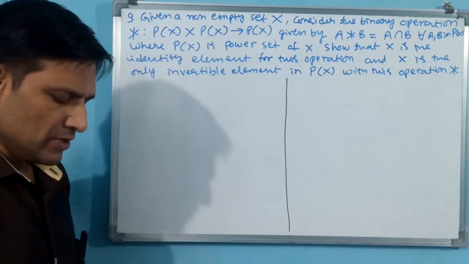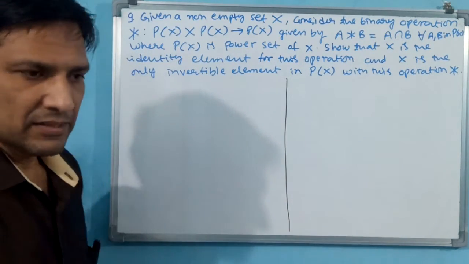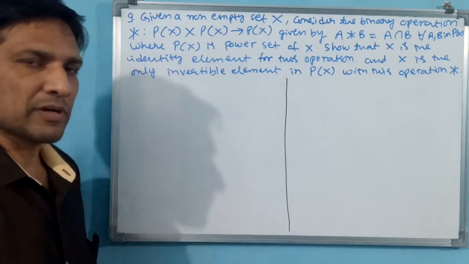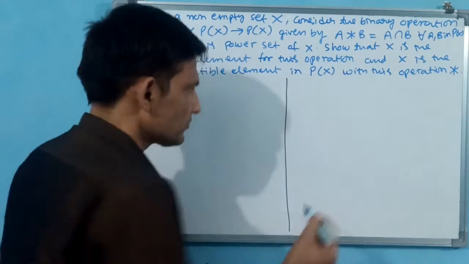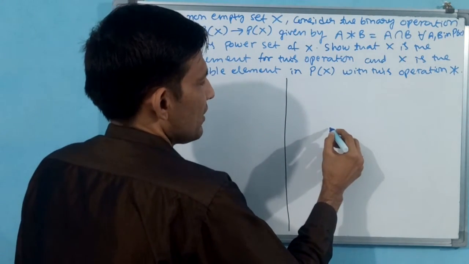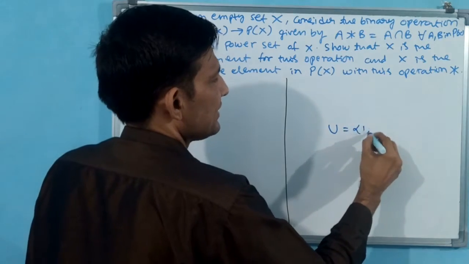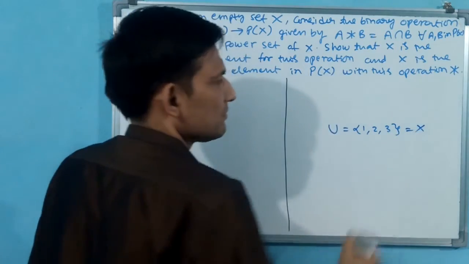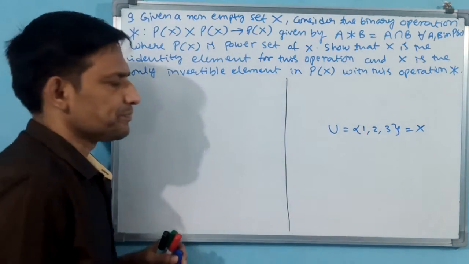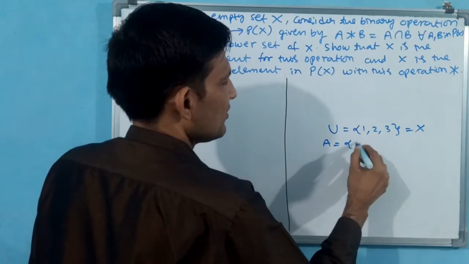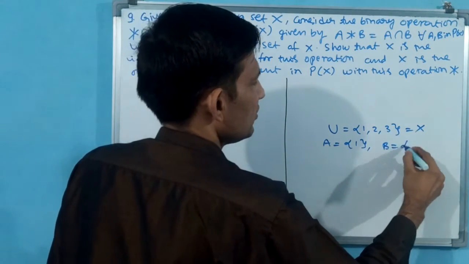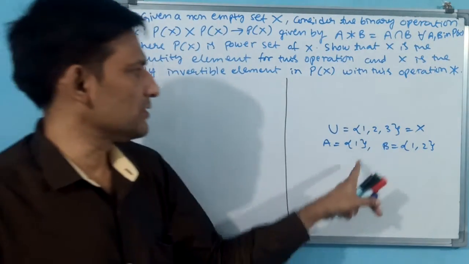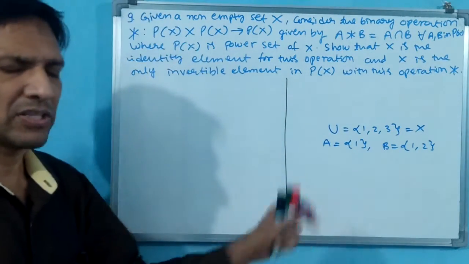What I do, I'll write some calculation here for understanding purpose. First I will make some calculation, then we go for the original problem, because you have to understand the problem. Say here, the universal set I'll say {1, 2, 3}. This universal set you can take as X also, temporarily. I'll say A is {1}, B is {1, 2}, like we have taken earlier: X is {1, 2, 3}, A is {1}, B is {1, 2}. Same numbers I have taken.